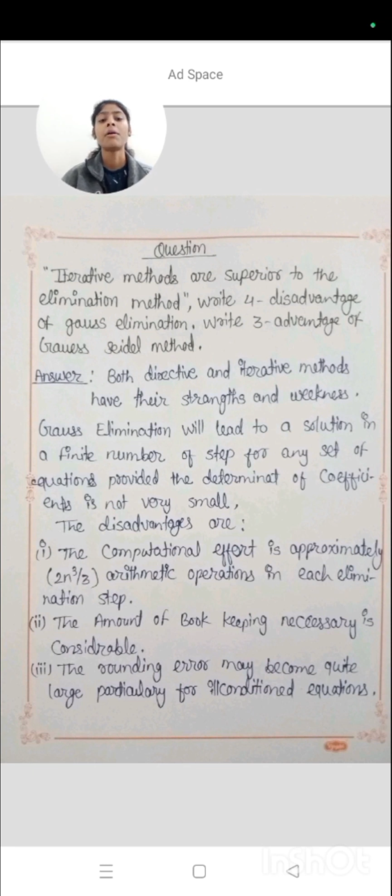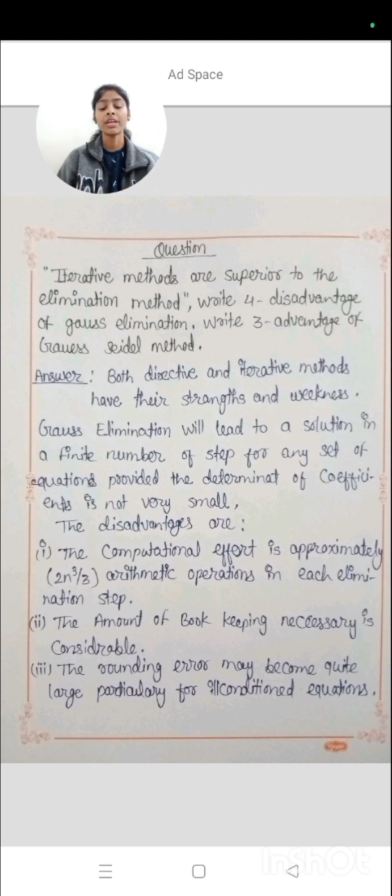Answer is both direct and iterative methods have their strengths and weaknesses. Now Gauss elimination will lead to a solution in a finite number of steps for any set of equations where the determinant of the coefficients is not very small. So the disadvantages are: the computational effort is approximately 2n cube divided by 3 arithmetic operations in each elimination step, and second point is the amount of bookkeeping necessary is considerable, and third